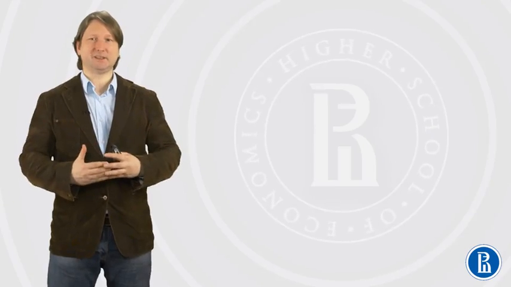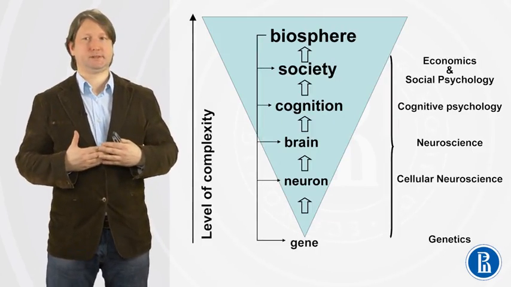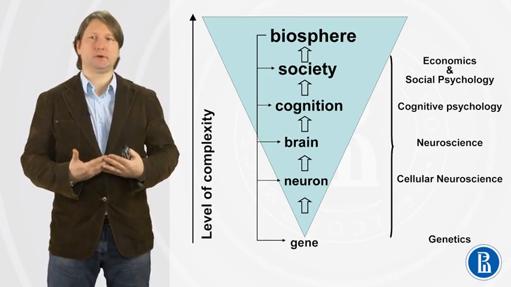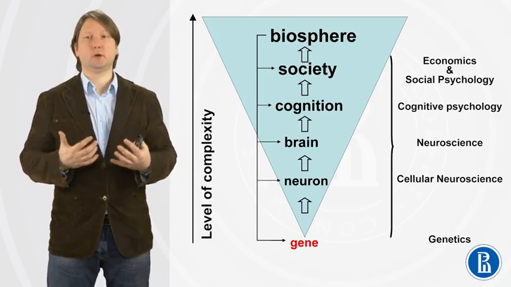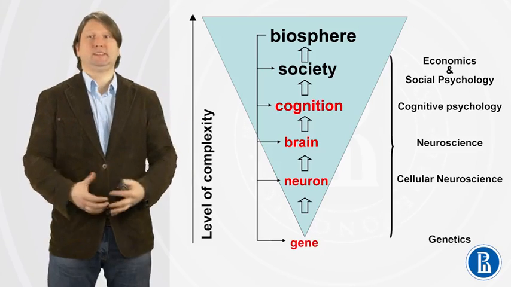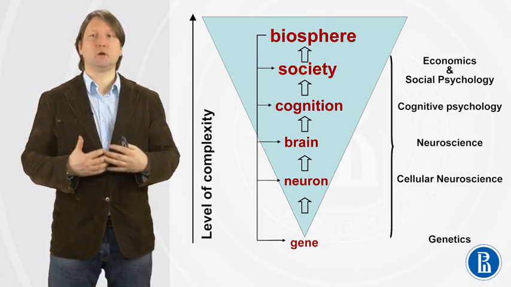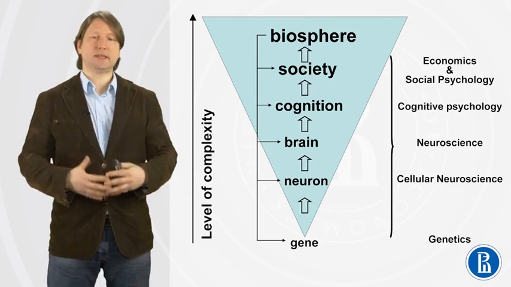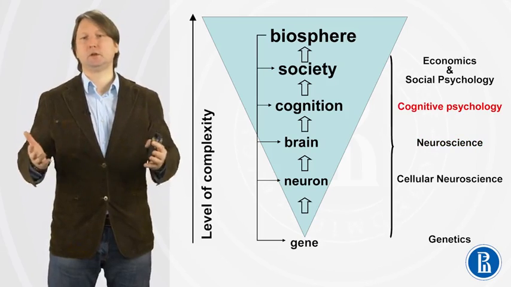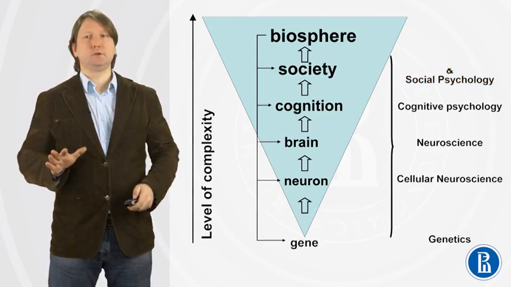Traditionally, our behavior has been studied by various fields of science. Of course, we understand that our decisions, our behavior, are affected by our genes, by our neuronal activity, by the activity of the whole brain, by our cognitive system, by society, by social context, and by the environment. Traditionally, all these aspects of decision making were studied by different fields: by neuroscience, by cognitive psychology, by social sciences, by economics. What is the ambition of neuroeconomics?